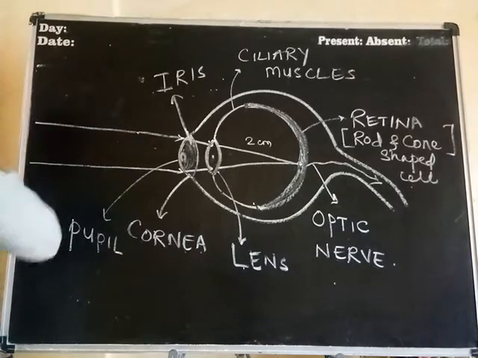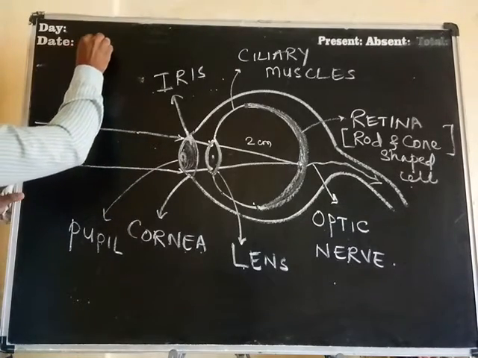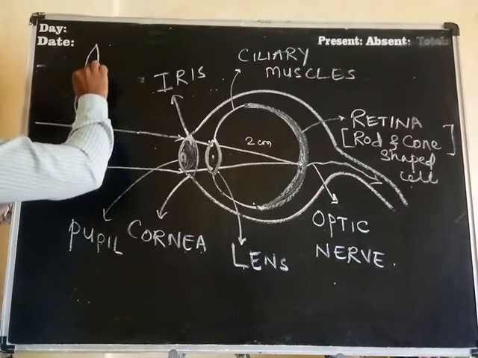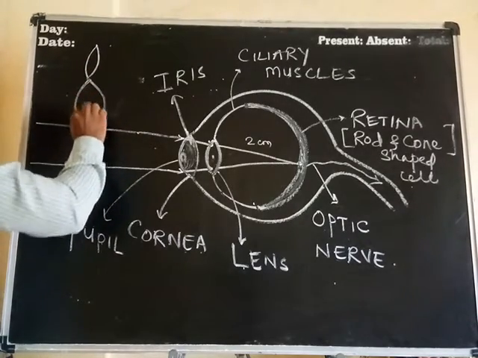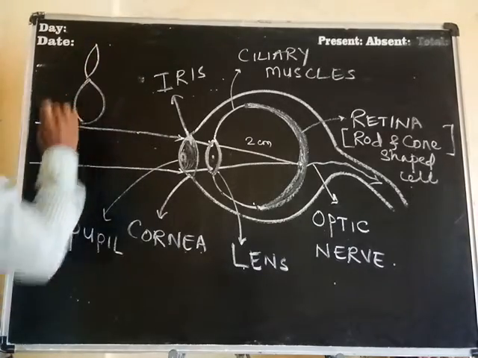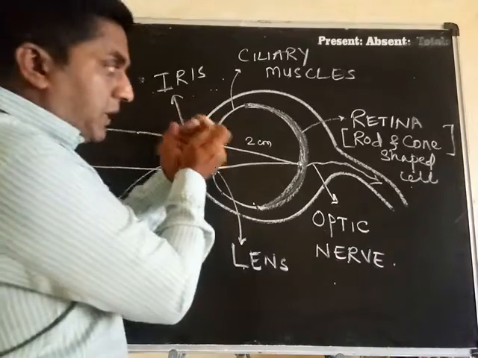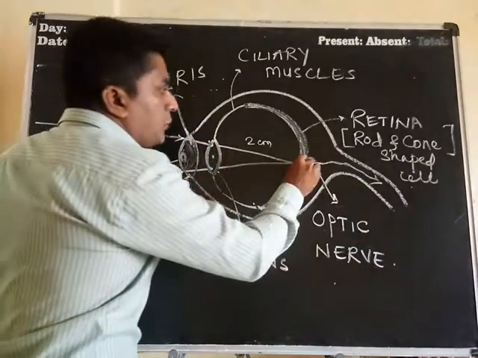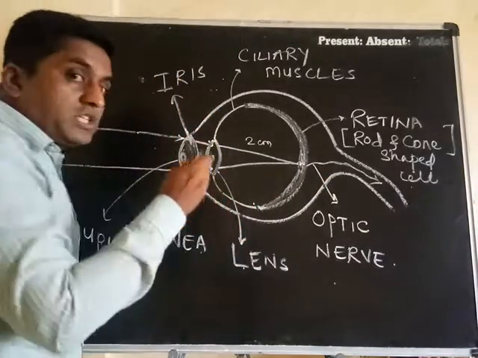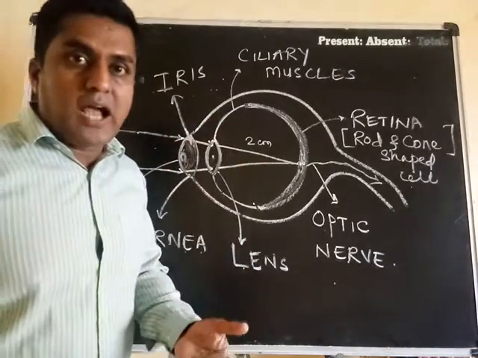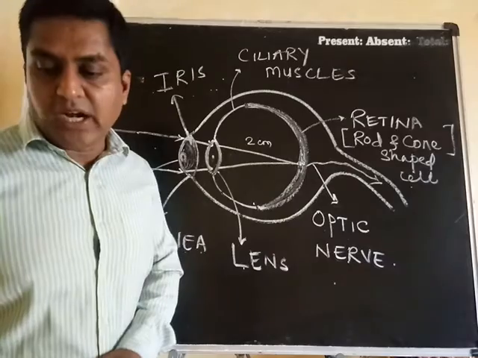So for both the things, what happens is sometimes the lens becomes very thin, flattened, and sometimes it bulges, right everybody, like this. So this way it does. Whenever it flattens and whenever it bulges, it tries to make the focus exactly on the retina. So this adjustment of focal length or focus on the retina is called the power of accommodation, right everybody.